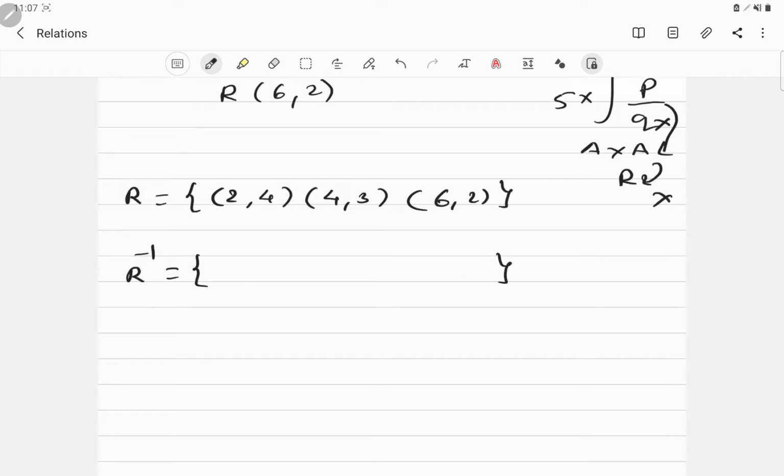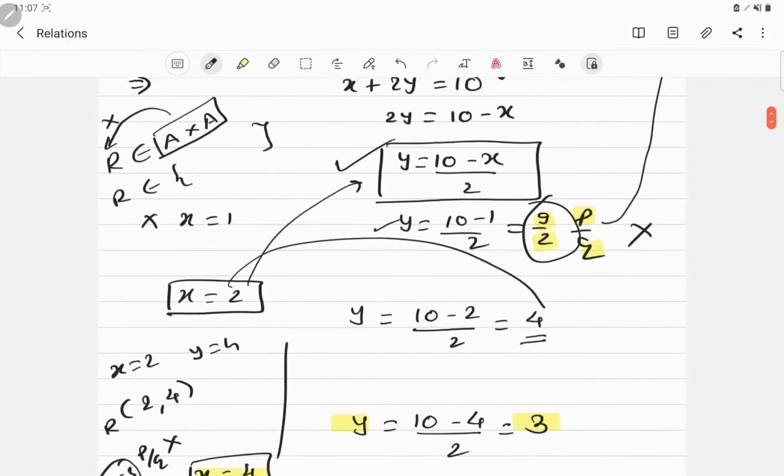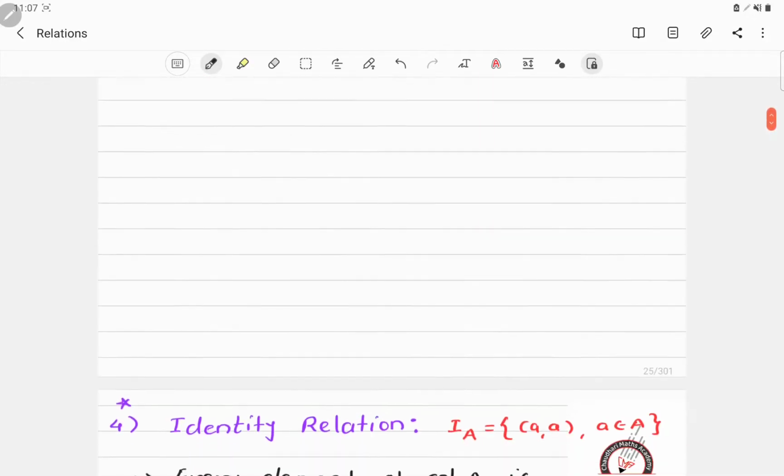Obtaining an inverse relation is quite a simple job. This is the first element of an ordered pair, denoted by x. This is the value of y. Just do a simple thing. Convert this x into y and y into x, right? So just switch over their positions. So this 4 becomes 2 and 2 becomes 4, right? Okay, in the next ordered pair, change the position of 3 and 4. In the next ordered pair, I am changing the position of 2 and 6. And here we got the inverse relation of the given relation. So if R is the given relation, this R raised to minus 1 is also called the inverse relation of R, right? Okay, so I hope every one of you got this simple type.